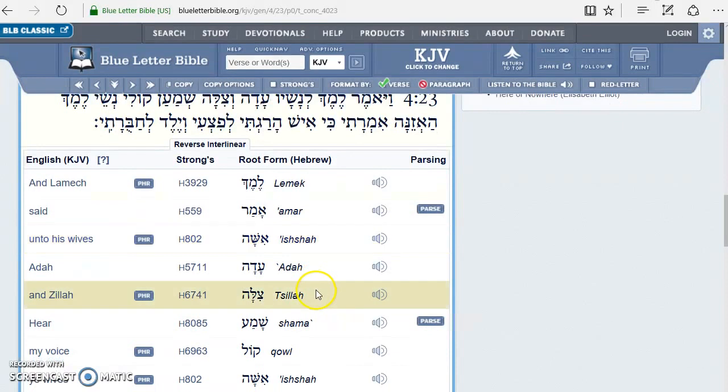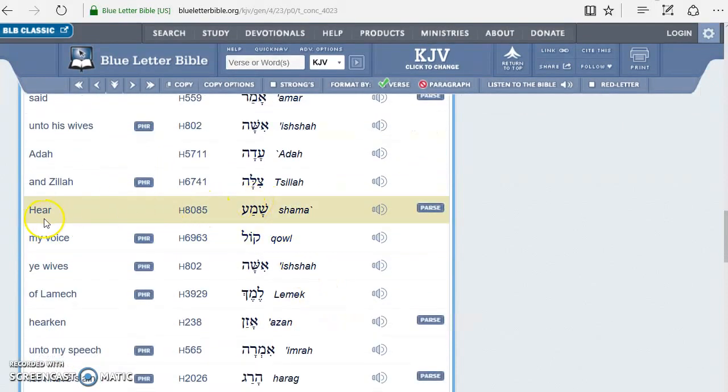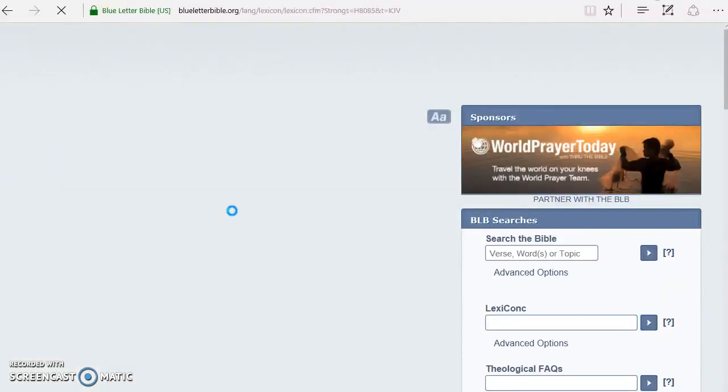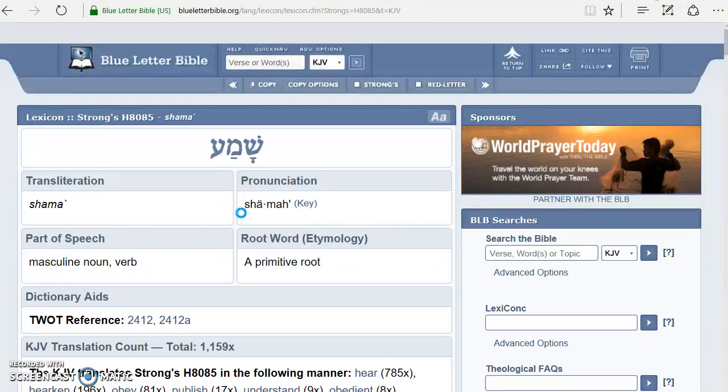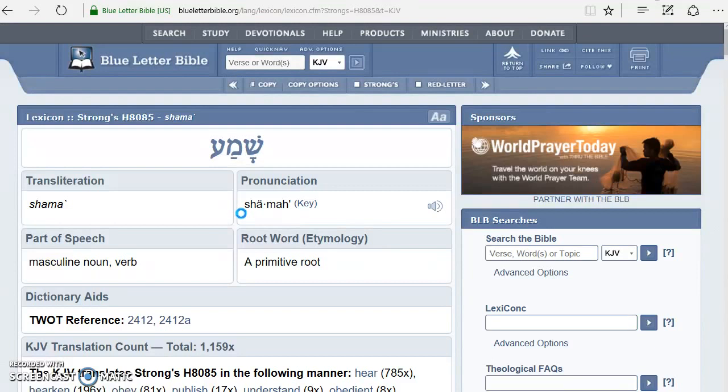And from there, what you're going to do is scroll down. We are looking for "hear." There's our word, Shema. And we're going to click on the Strong's number from here. As I said, you can go directly from the last page of search results to the individual Strong's page and just jump right into that if that's where you know you're going. But if you want to look at each individual word and the whole sentence in the Hebrew, or the original Greek, if that's what's applicable,